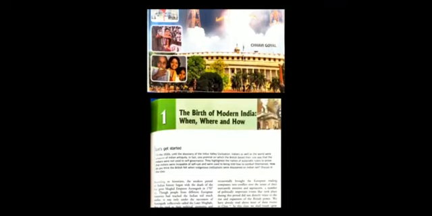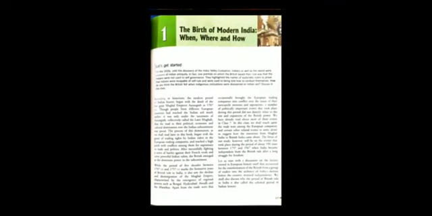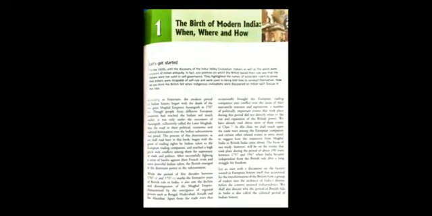The name of the chapter is The Birth of Modern India: When, Where and How. Let's start with the introduction. According to historians, the modern period of Indian history began with the death of the last great Mughal emperor Aurangzeb